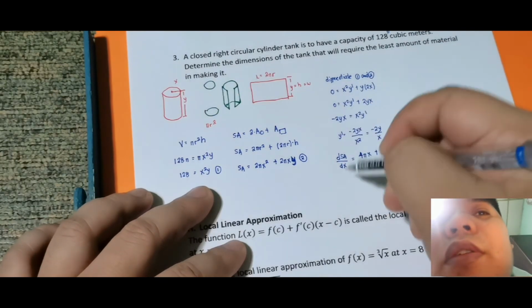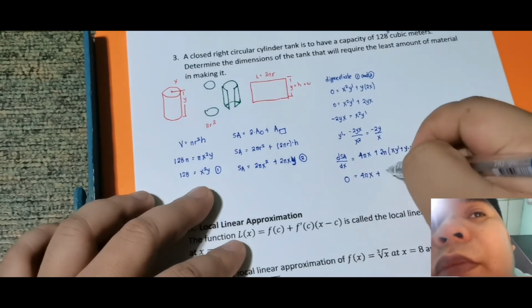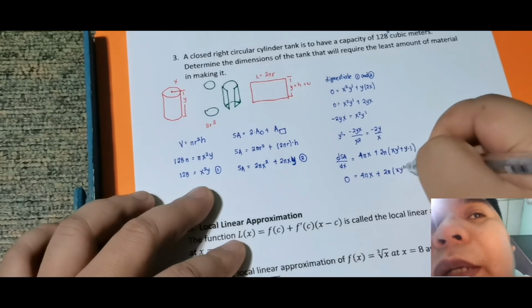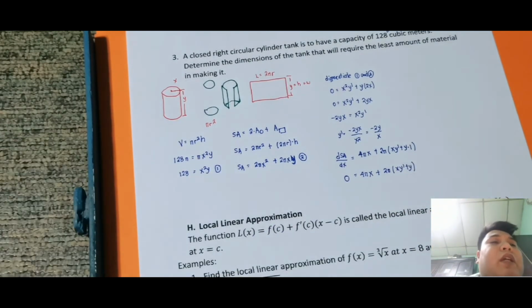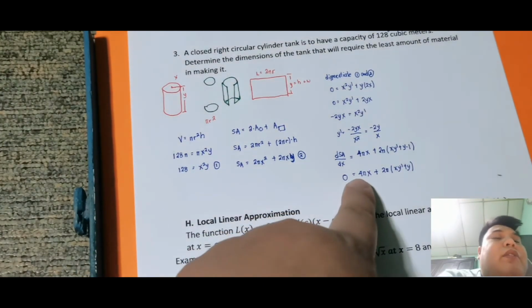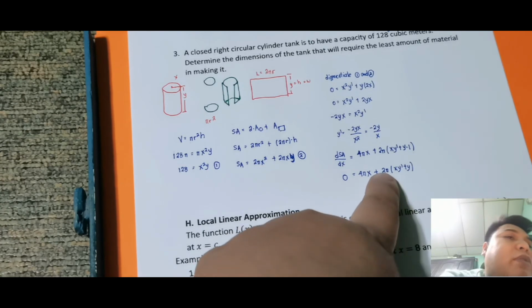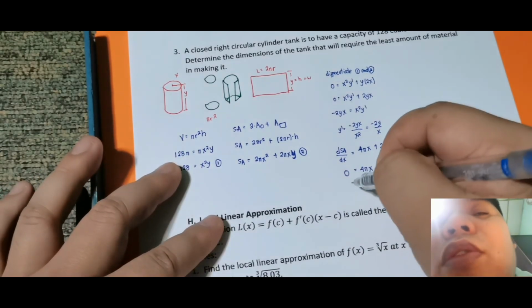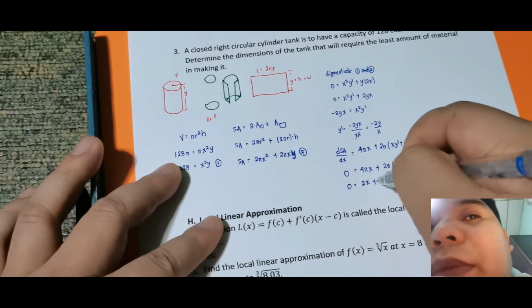Okay, then equate to sa 0. So equate sa 0, this is 4 pi x plus 2 pi, then xy prime plus y. Okay, divide ko lang yung whole equation para mag-get rid natin yung pi na yan. So divide ko lang yung whole equation by 2 pi. Since naka-parenthesis to, mawala yung 2 pi dito, maging 2 na lang. So pag dinivide ko by 2 pi yung whole equation, this is just 0, then 2x na lang, then plus